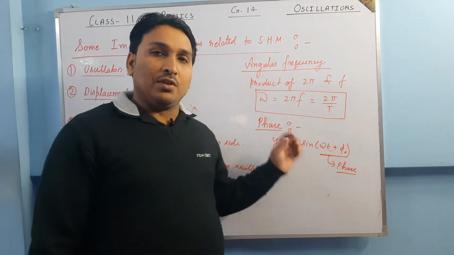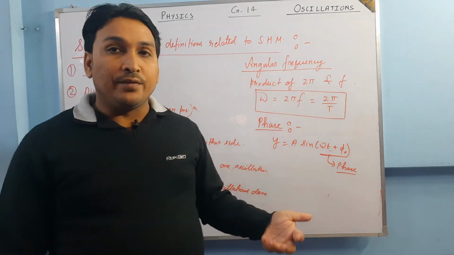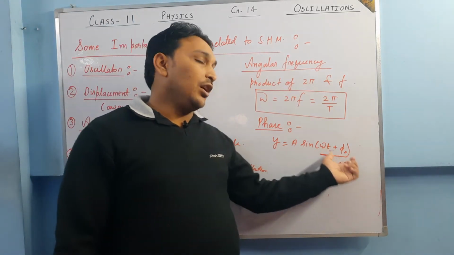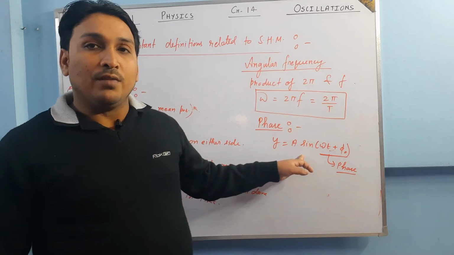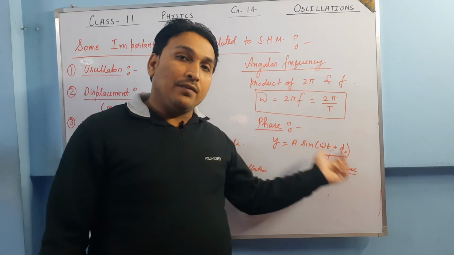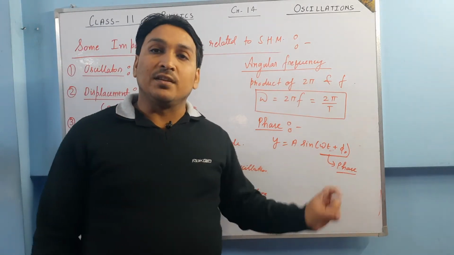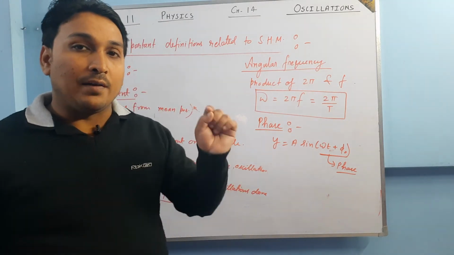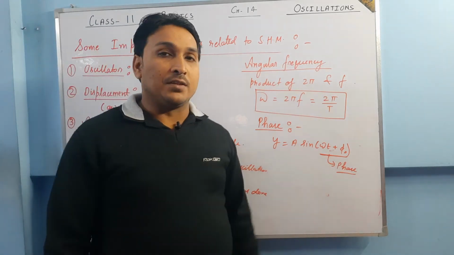Say in this equation, A is the amplitude. This is constant. This is not going to change with time. So what is there which is describing the position? Of course, it is omega t plus phi naught. Sine is a trigonometric function. It is a harmonic function, right? Okay. So, omega t plus phi naught is the thing which is changing with time. And that's why it is called phase. Phase is something which describes the instantaneous position of the particle. At what time the particle is where, that is being defined by this phase.